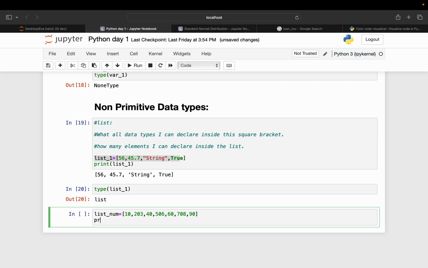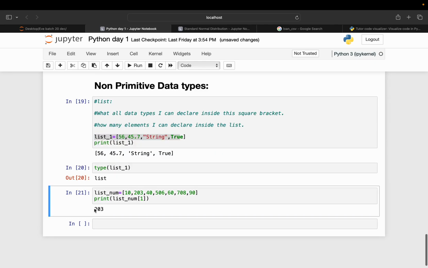I'm simply writing print, because print is a built-in function which is going to help us extract the element out of the list of numbers. Within the square bracket, I am mentioning 1. So this is the 0th index position, this is the 1 index position. According to this, 203 is going to get extracted. You can see. Do not misinterpret, this is the square bracket for the list and this is the square bracket